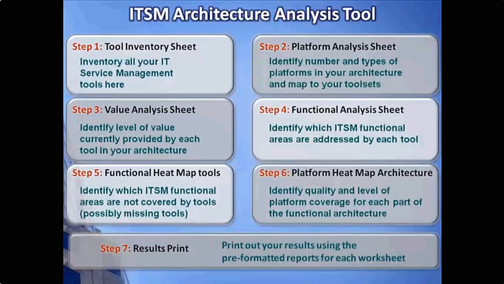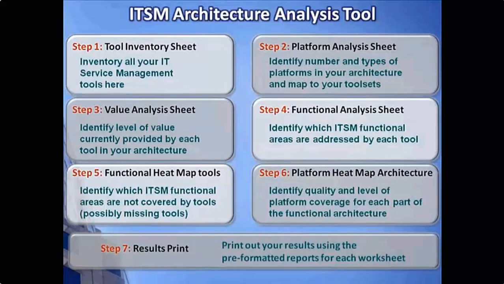Step 3 is the value analysis sheet. This is where you're going to put your CMMI scores, similar to the previous slides that we just discussed, and averaging them out to come up with a CMMI rating for each tool that's there. In the functional analysis sheet, we're going to map your tool to what ITIL processes it typically supports. So at the end of this, when we get to step 5, without really doing anything, the tool will generate a functional heat map, and again, that will give you the landscape